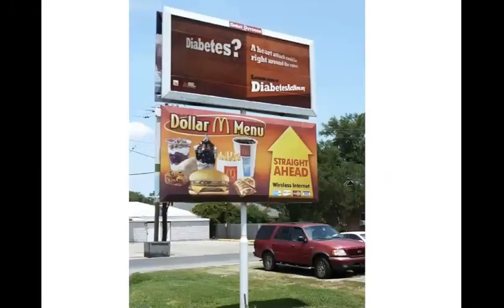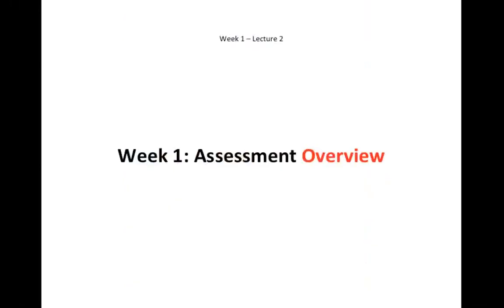Here's another billboard one, and McDonald's again. On the very top is a diabetes awareness campaign ad. And the one on the bottom is McDonald's. So kind of crazy. Definitely sometimes as designers, we think, okay, the project's done, and you don't think about the end placement of it sometimes. So you really have to be aware of how that's going to be launched, where it's going to be. It's not over yet because you just never know. So just kind of be aware of that.